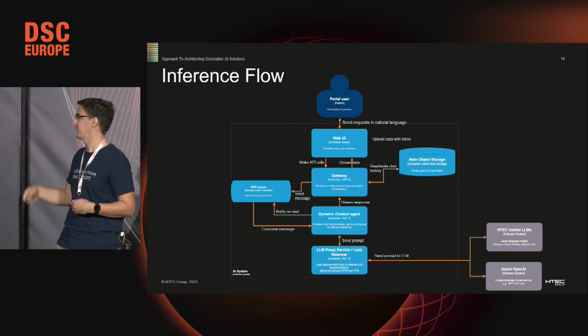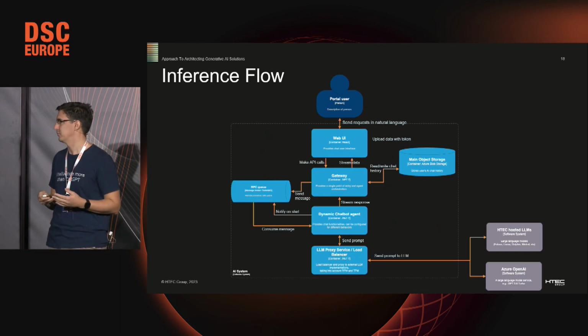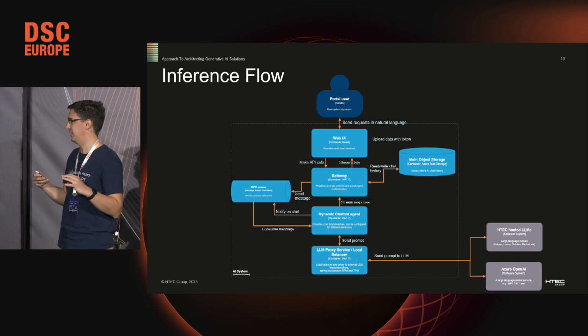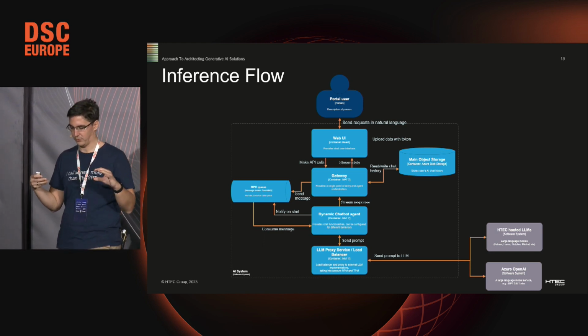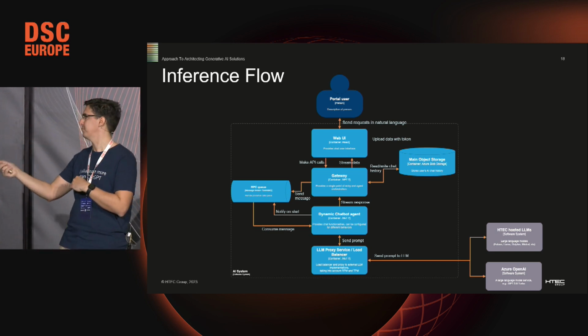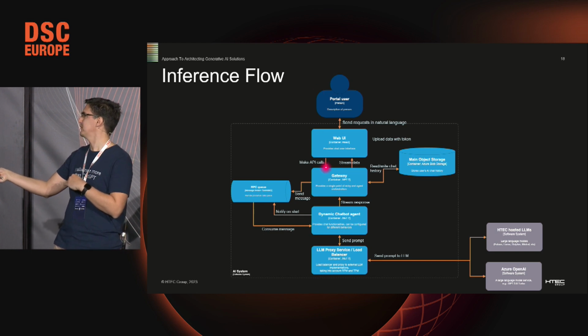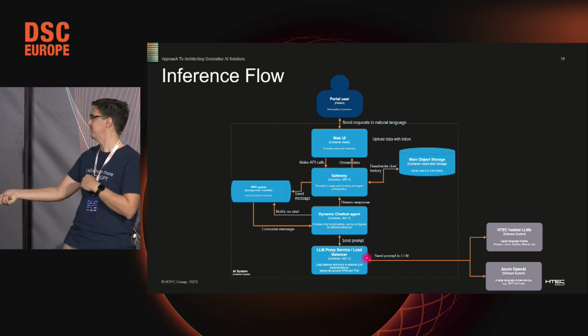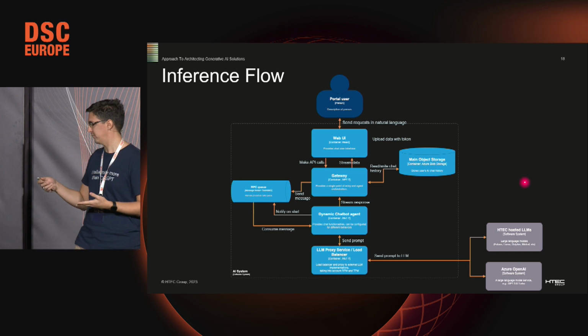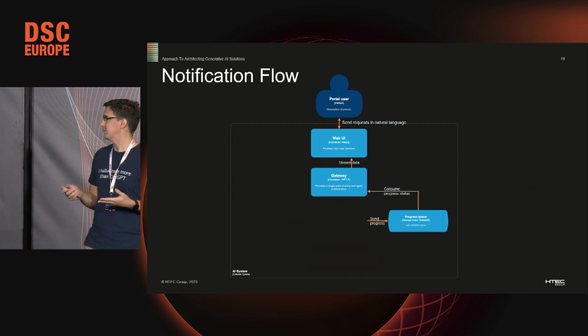Then when we are talking about the inference flow, or the way the system is used, you can see here that there is a queue in the system, and the idea of it is to separate and to decouple these two parts. There is a user-facing part. This is the upper part, and there is the LLM-facing, agent-facing side. This is the bottom part. And having a queue here, we are separating those two components because consider that